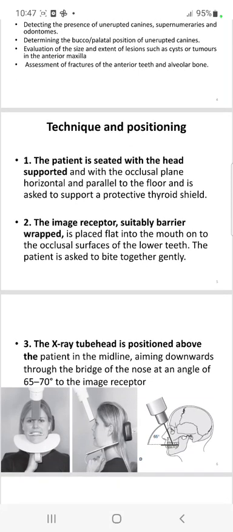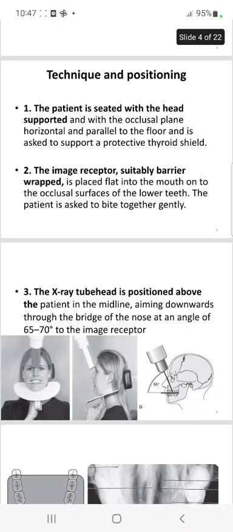The X-ray is taken upwards at a right angle, and the patient is seated with the mouth parallel to the floor, and a thyroid shield is used for protection and support. The image receptor, suitably barrier wrapped, is placed flat into the mouth onto the occlusal surface of the lower teeth. The patient is asked to bite